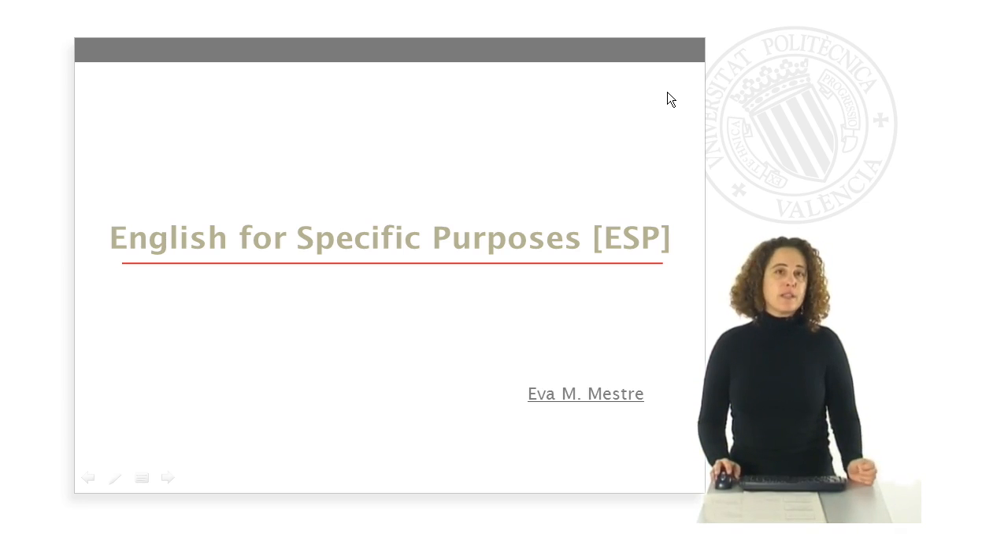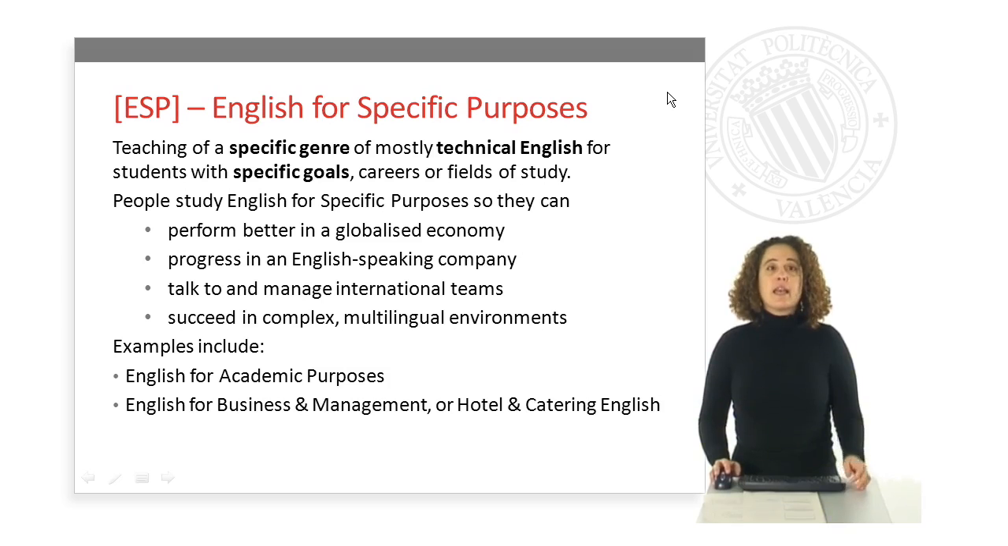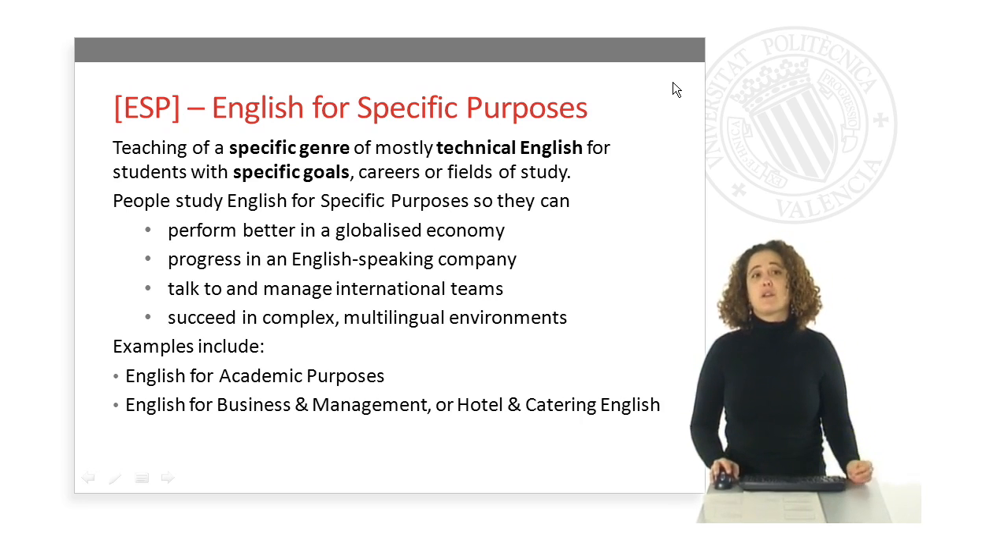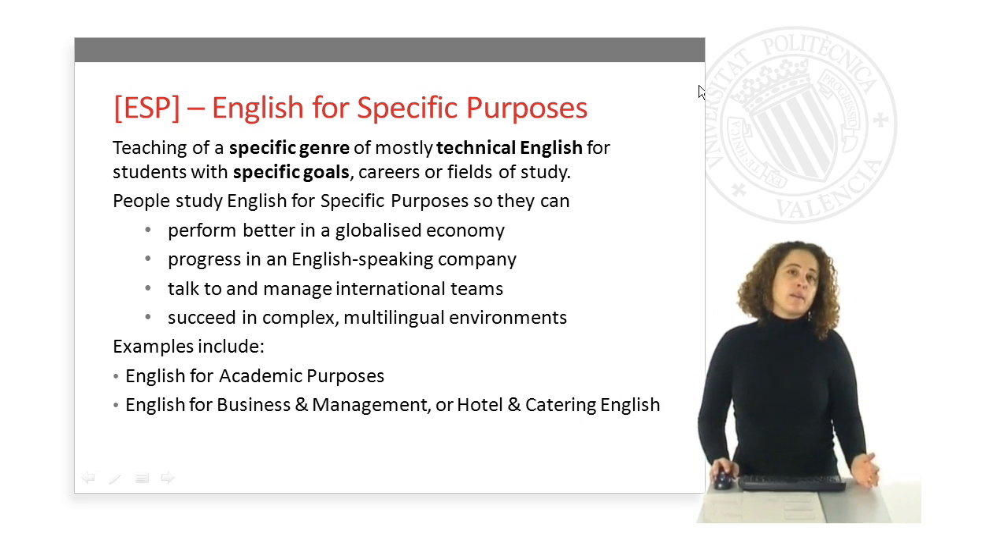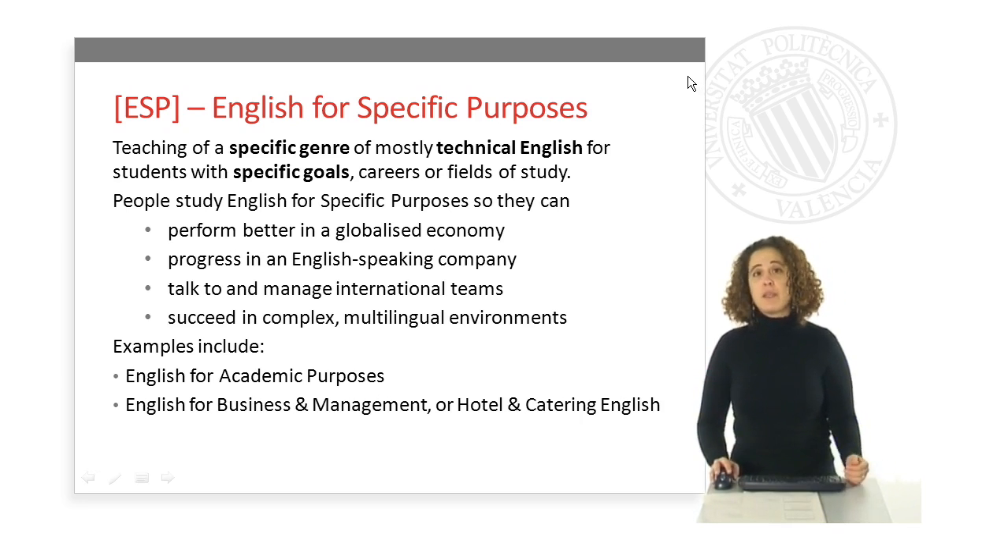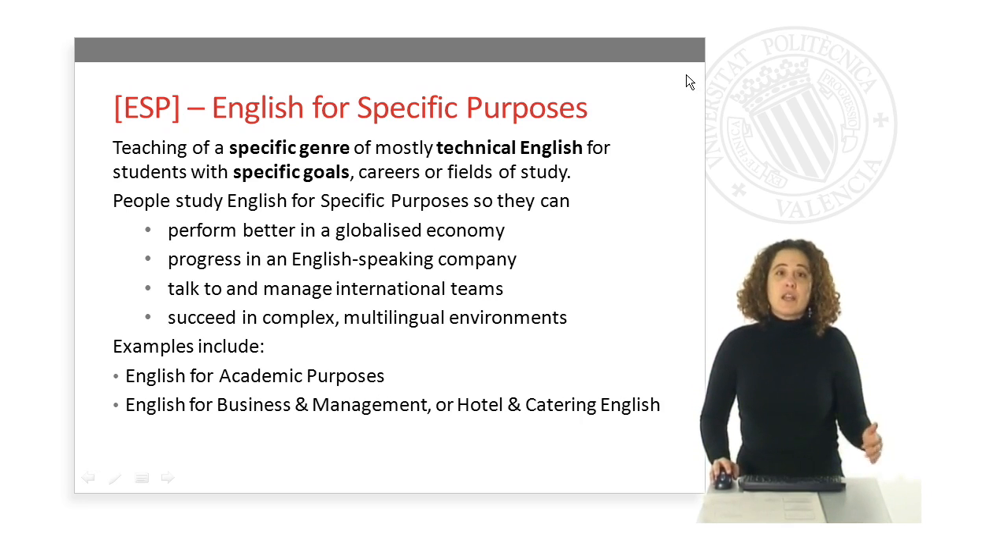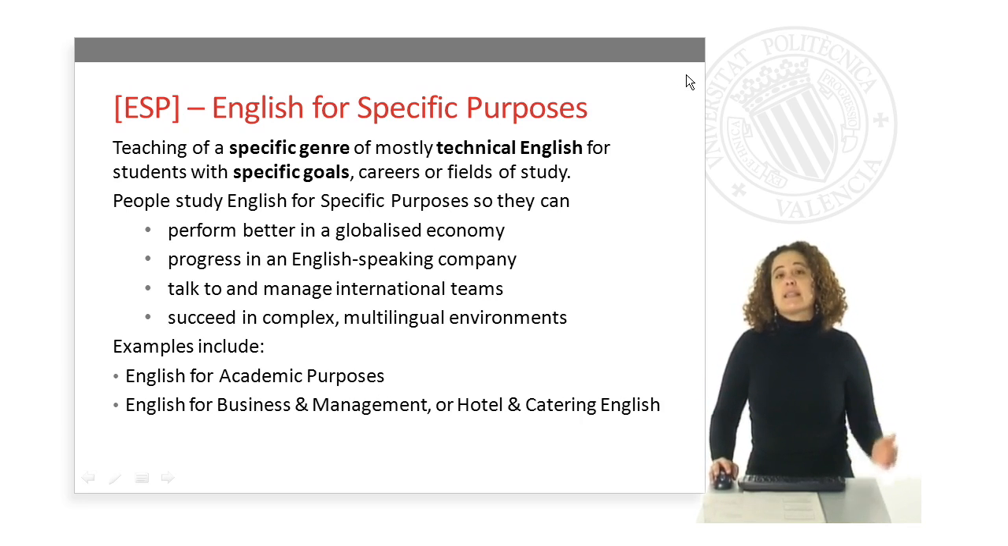When we talk about English for specific purposes, we're usually talking about English courses aimed at specific subject matters. So it is the teaching of specific genre, usually of technical or scientific English, for students with specific goals. The reasons why people study English for specific purposes is because they want to perform better in a globalized economy. They want to manage international teams, they want to progress in an English-speaking company, or they want to succeed in